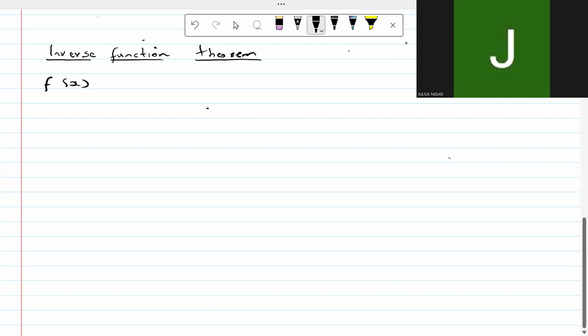So f of x is given as (x cubed plus 1) to the power of 3. And then you're told to find the derivative